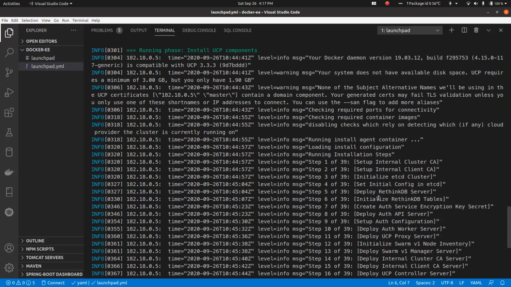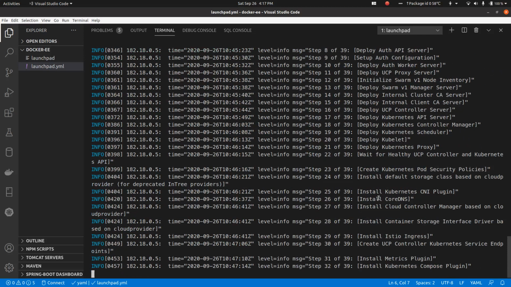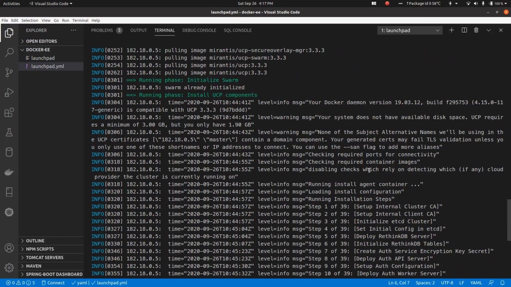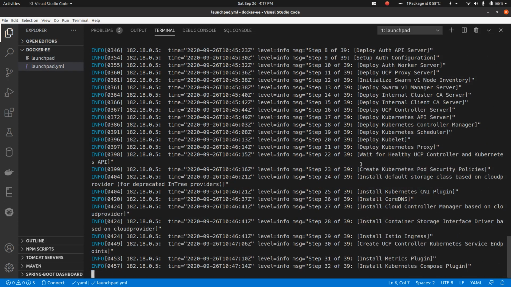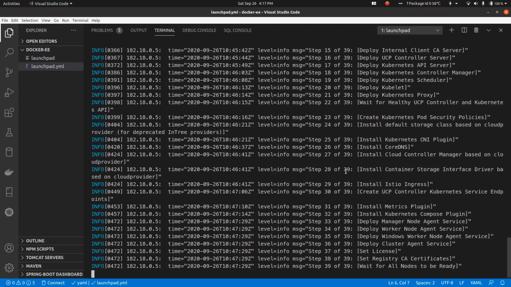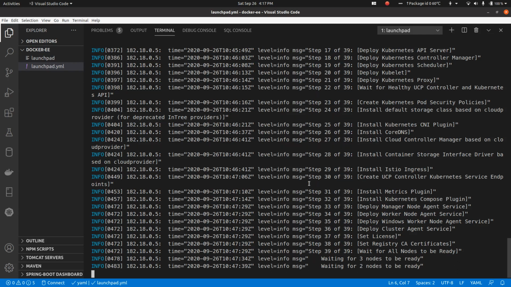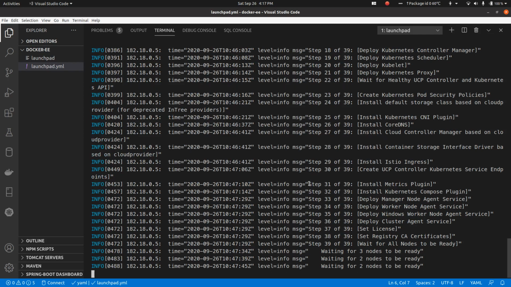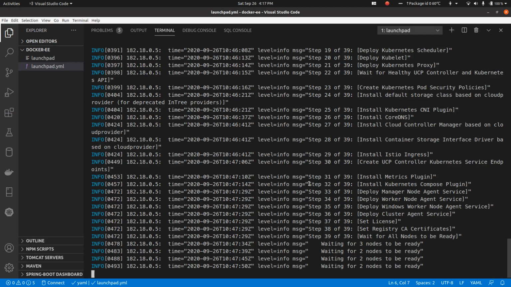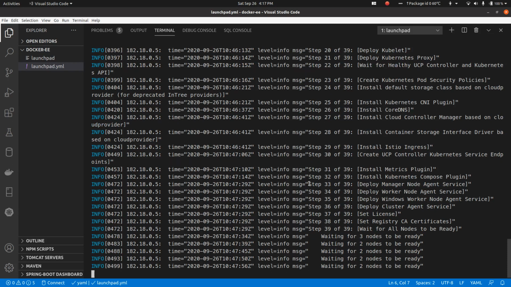After waiting for some time, you can see the progress now. It looks like it has done the Swarm installation already and is installing Kubernetes components now, out of 39. Yeah, all 39 Kubernetes components are now installed. Okay, nodes are prepared, just waiting for the nodes to be ready. One master and 2 workers. Once nodes are ready, it will start installation of DTR, Docker Trusted Registry, and after DTR is installed, our setup would be complete.